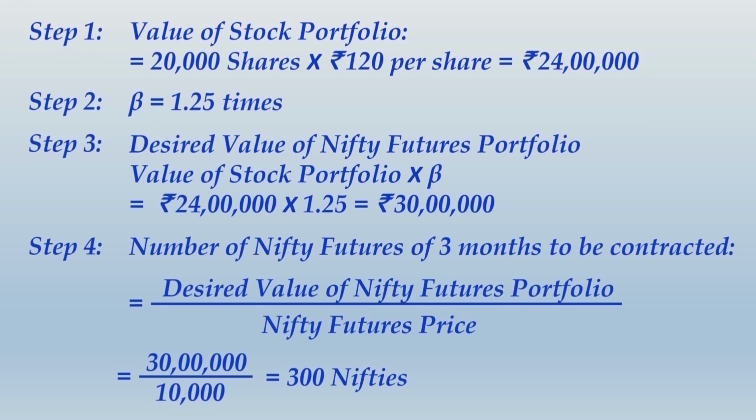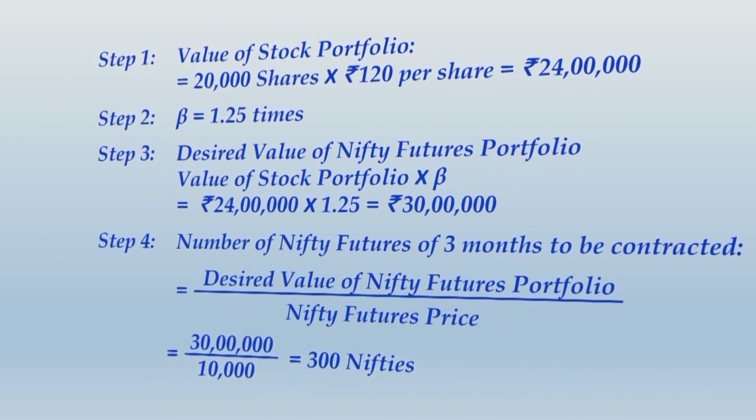Alright friends, you would have finished writing this whole thing. Now in this case where we need 300 index to be contracted, fortunately there is no limitation. So we can definitely plan a perfect hedge with respect to 300 Nifties. So what we do ahead is, next step,